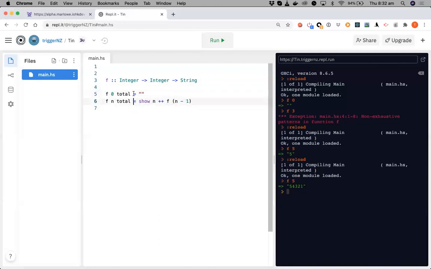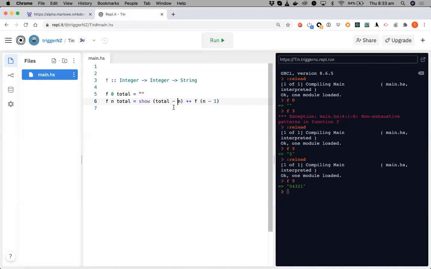The way we're going to call it is, I'll just write the code and then explain it, actually. So what we have to do is, instead of showing n, we have to show total